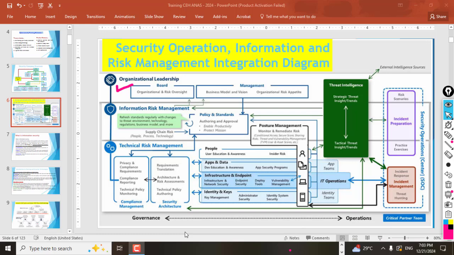This session is the continuous session for the training of cybersecurity and ethical hacking. Today we'll talk about the integration diagrams for the security operation, information and risk management. This is the lower level diagram or design. It shows the actual integration between the security entities for operational and management, where we have here three